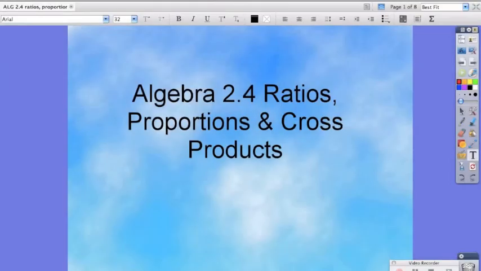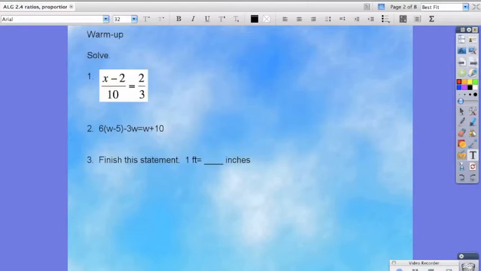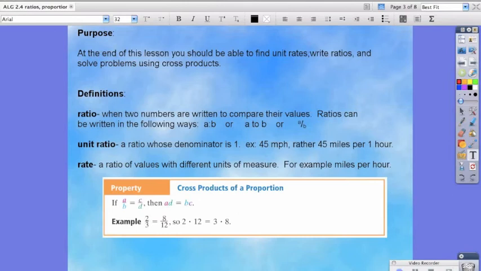Hello students. Today we're going to talk about ratios, proportions, and cross products. In your book, it's Chapter 2, Section 4. So before we start, we're going to talk about the purpose and a few important definitions. So at the end of this lesson, you should be able to find unit rates, write ratios, and solve problems